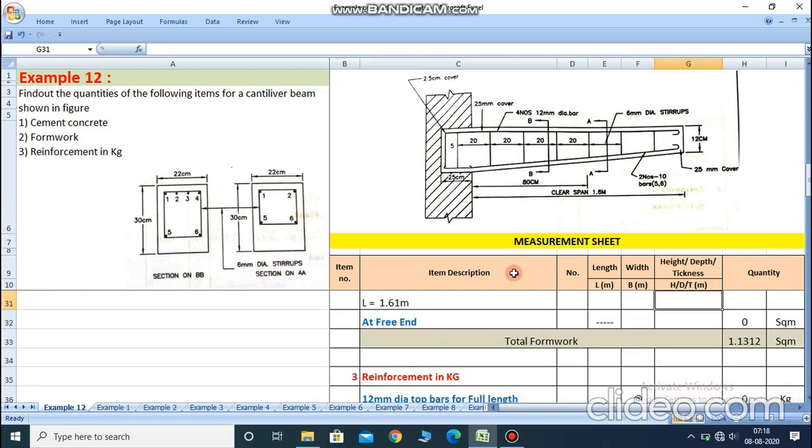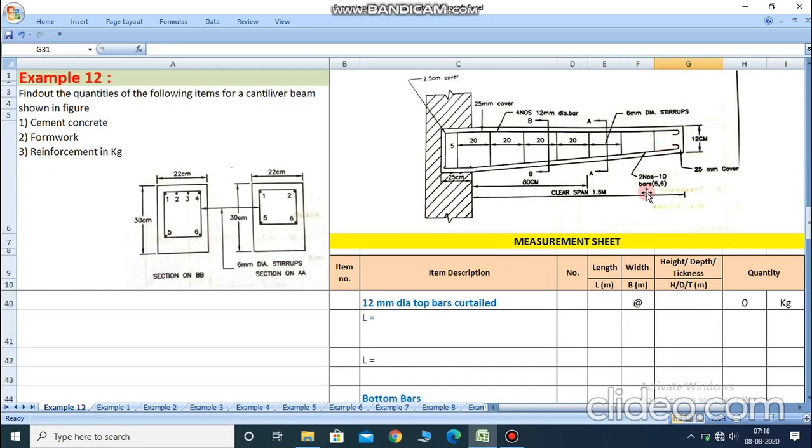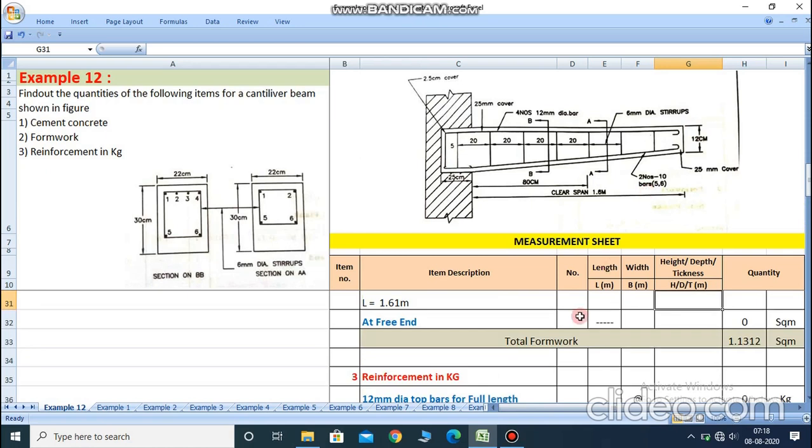Now at the free end, on this side only single plank is provided. So right here single 1, then after width of the formwork we got from the cross section part 22 centimeter, and height is 30 centimeter. So right here 0.22 and 0.30. So total answer is 0. Here 0.12, because at the free end side 12 centimeter,